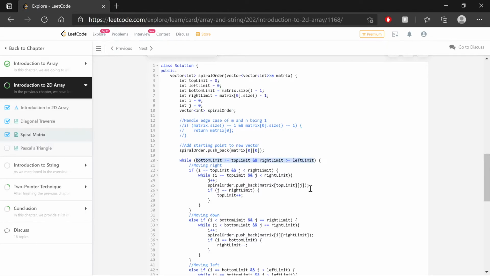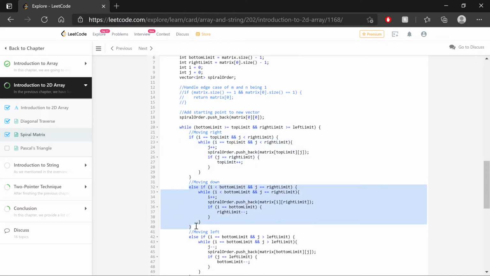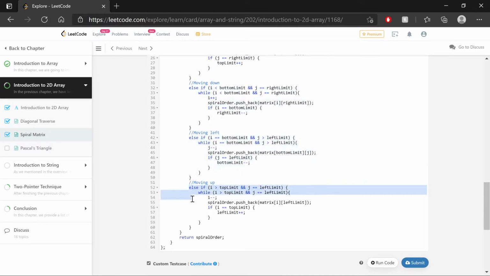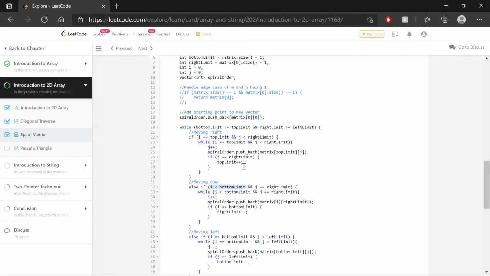Bottom and top are both equal, right and left are both equal, and yet none of these conditions present within this while loop are going to end up being valid, because they always have at least one section where we have to be less than a limit. Because of m and n being both 1, that never turns out to be true, thus we never go through any of these if statements and never end up adjusting anything. So this while loop ends up going forever and ever in this case,